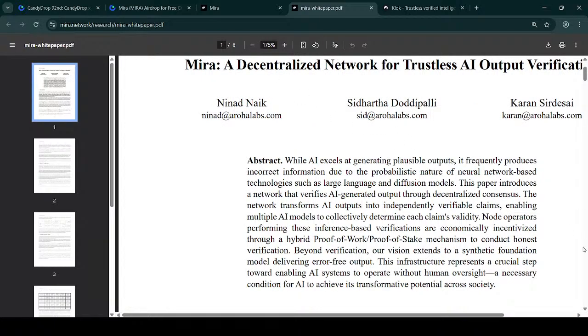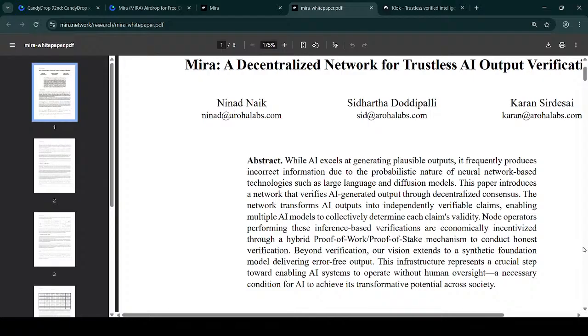So probabilistic AI excels at generating polished output, but it frequently produces incorrect information due to the probabilistic nature of neural network based technology, such as large language models and diffusion models. This paper introduces a network that verifies AI generated output through decentralized consensus. The network transforms AI output into independently verifiable claims, enabling multiple AI models to collectively determine